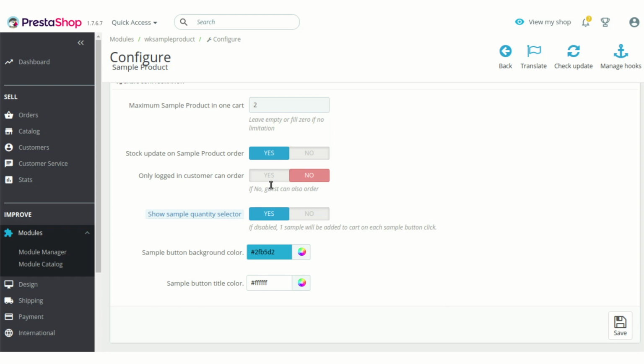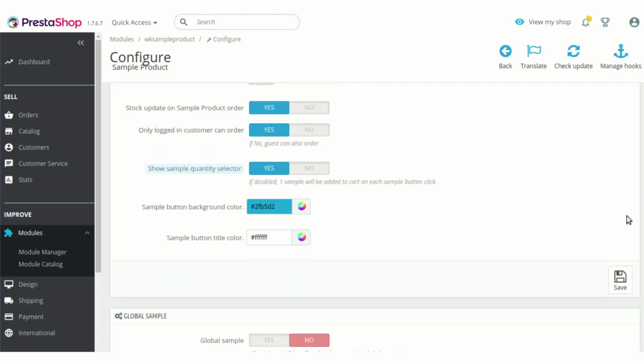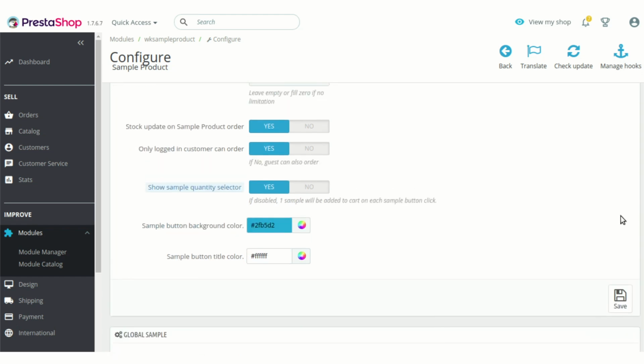Let's set it to yes to see how a guest user is shown a product page in this case, because whenever a guest is on the shop, he is not logged in as a customer or doesn't have a customer account. Whether the option to buy a sample product will be available or not, let's see by saving it first.